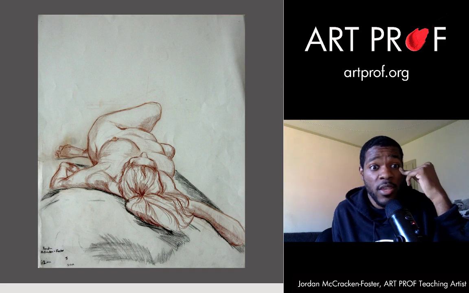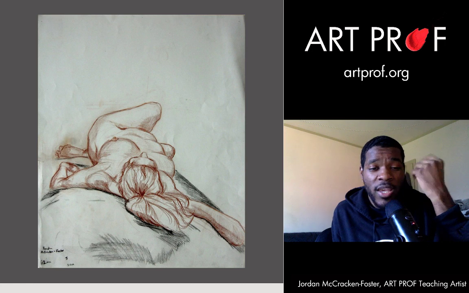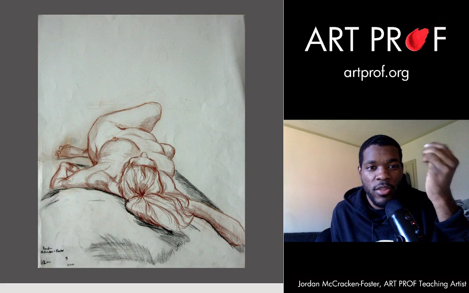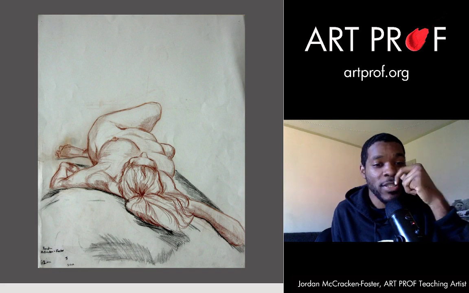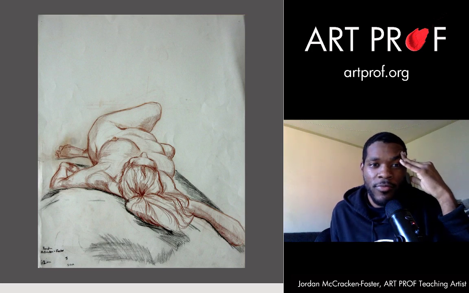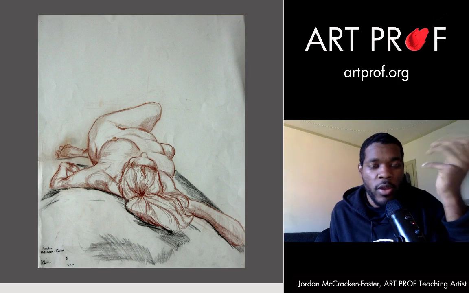I actually still like this drawing a lot. And I think a lot of things are working for it. Again, I probably would vary up the way I am controlling my line. I probably wouldn't have combined the black charcoal with the red Conte crayon. I don't know what I was thinking at the time, but that just doesn't look good to me anymore. Maybe some other people can do it in a much more masterful way, but that's something I really wish